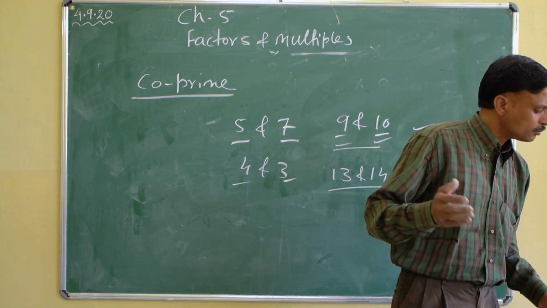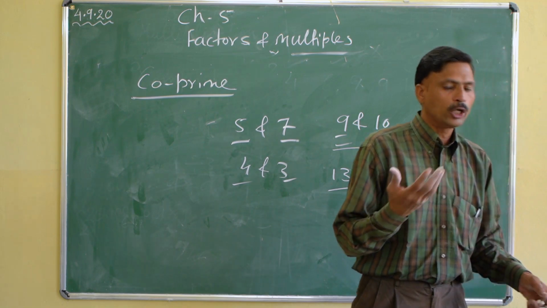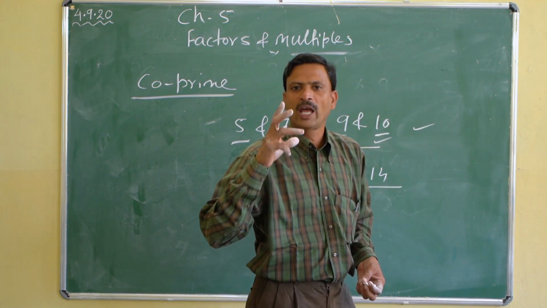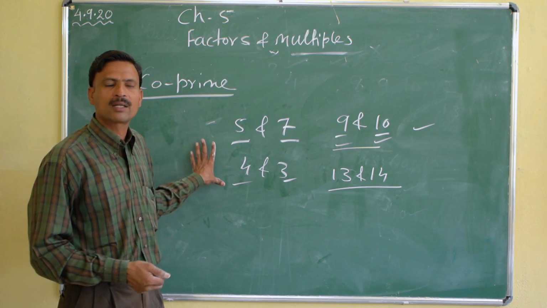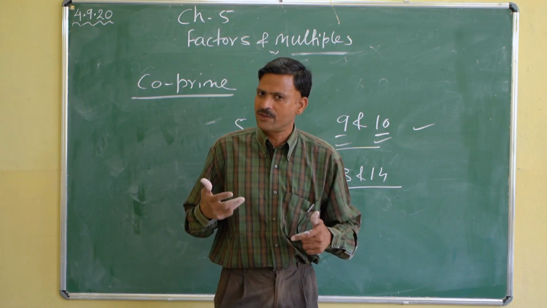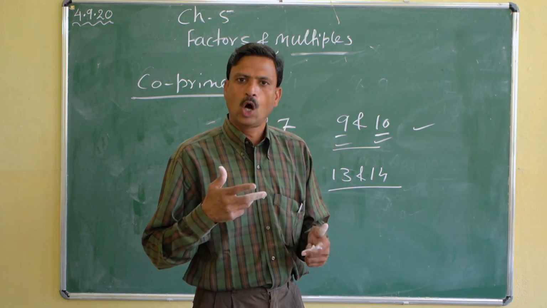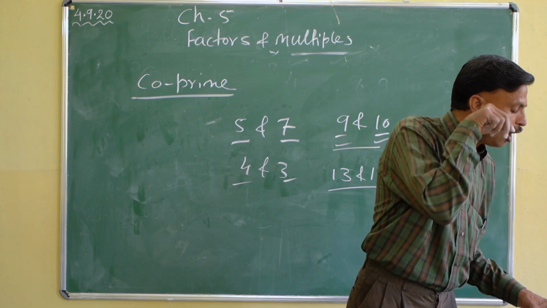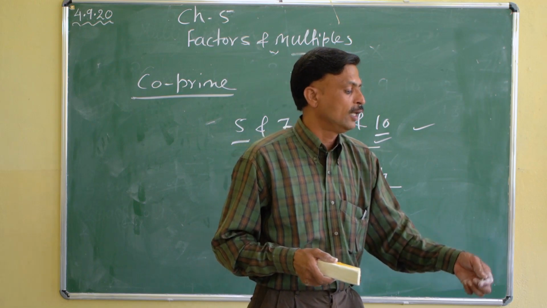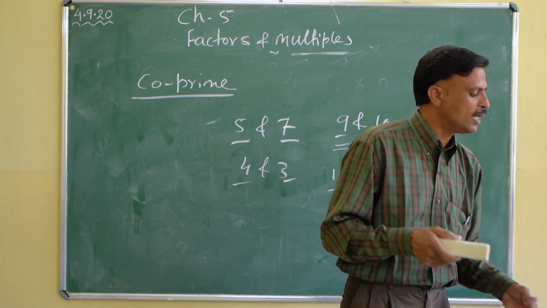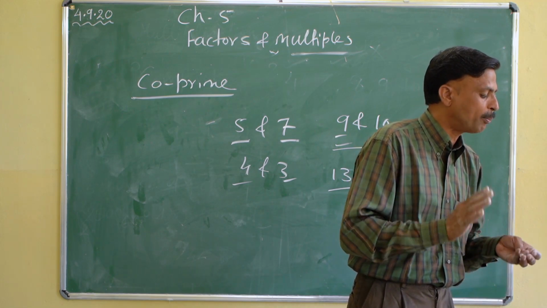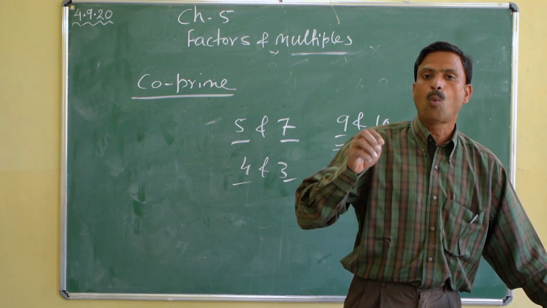Now we'll come to the questions. As I already sent you the PDF of this chapter's exercise, you all have to learn these definitions, practice them, and whatever questions we send through the PDF, you have to write in your fair copy. You must revise all the questions. Now, a question on page number 43 of your book: list all the prime and composite numbers between 1 and 20.